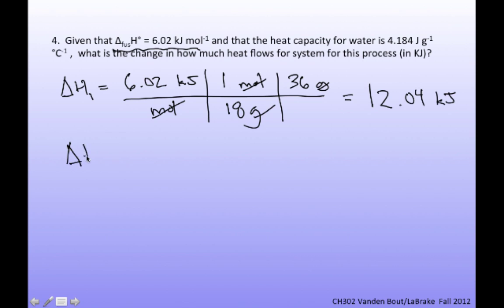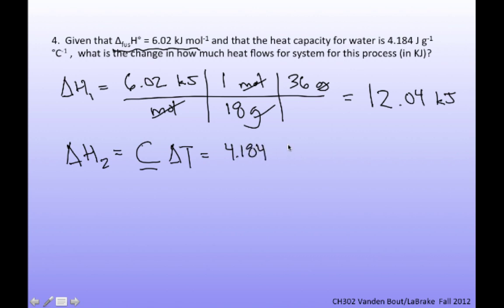For the second process, this is just the warming of the water. The warming of the water is a heat for a temperature change, so that's the heat capacity times the change in the temperature. The heat capacity is the extensive heat capacity. We need to know the heat capacity of 36 grams of water. And we're given the heat capacity of water as